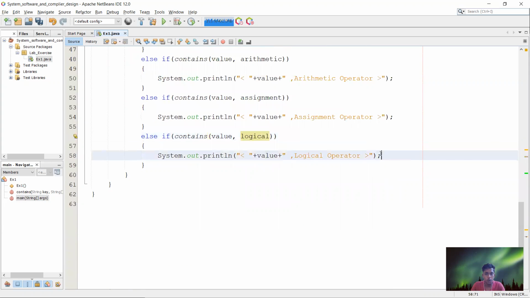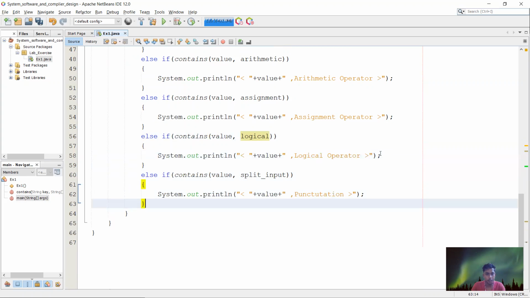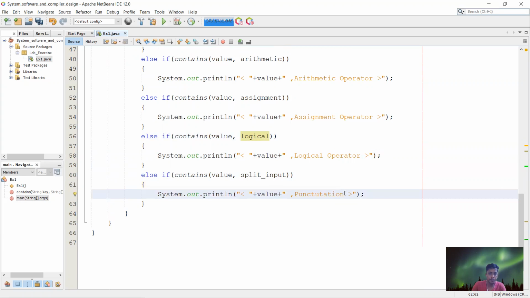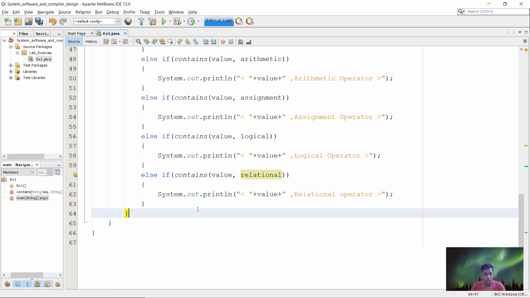Same relational operator. So for relational, instead of split input we are going to pass the relational operator.